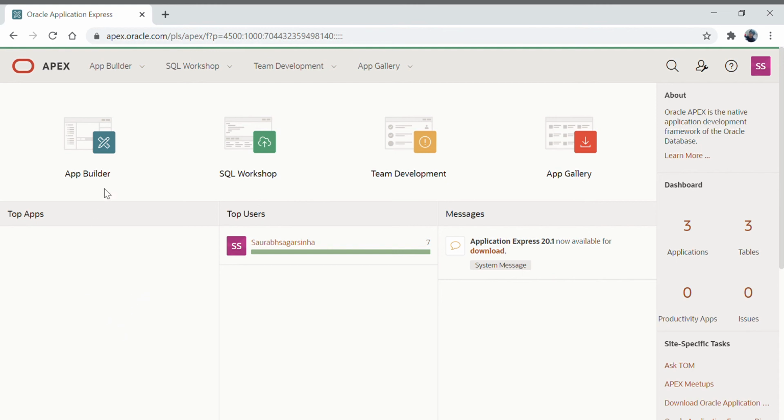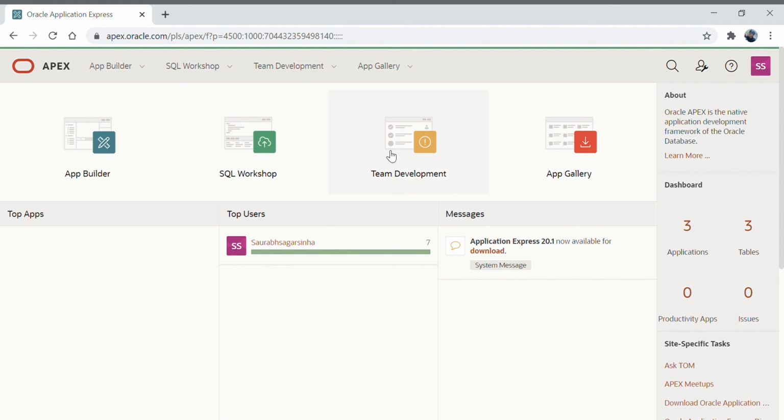Now here we have a lot of other components. This is nothing but the Apex backend environment where a developer will develop the application. Here we are going to get these options, and I'll explain them one by one. Now what is App Builder? This is the place where we are going to develop the application. What is SQL Workshop? This is the place where we are going to create database objects, like table, functions, procedure, sequence, synonym, view, and materialized view, or all database objects we can create over here.